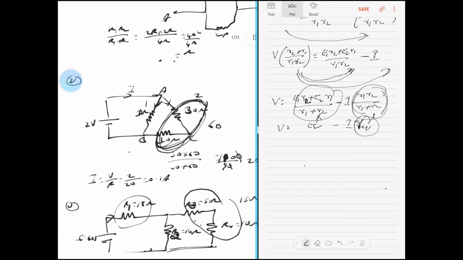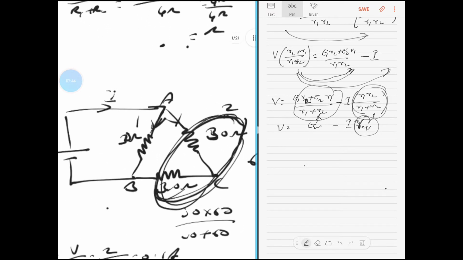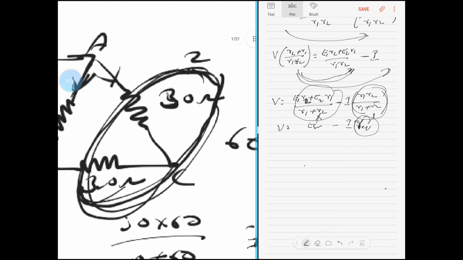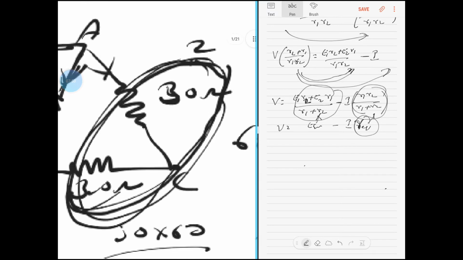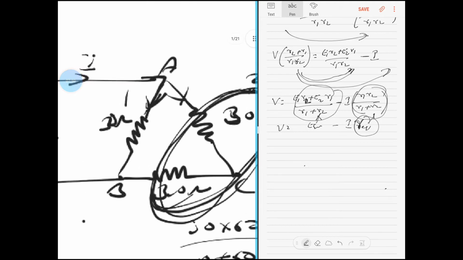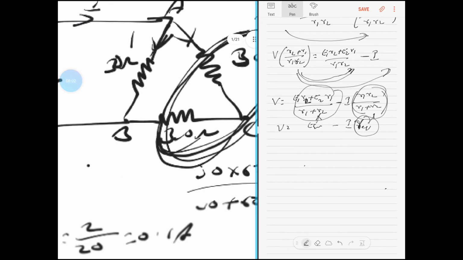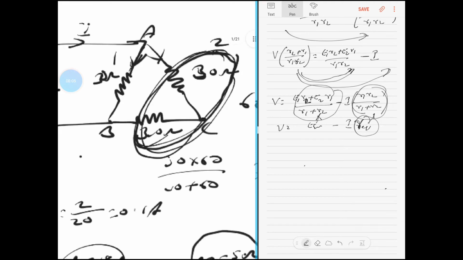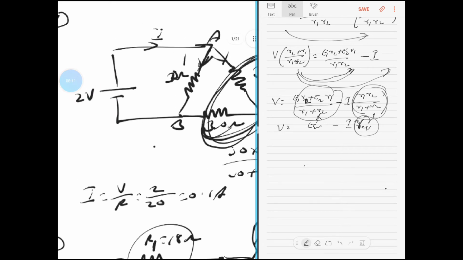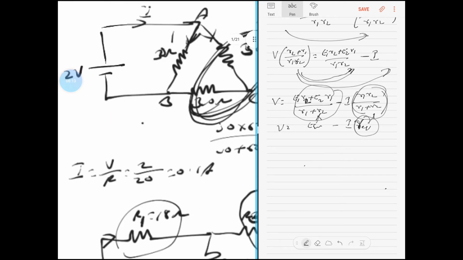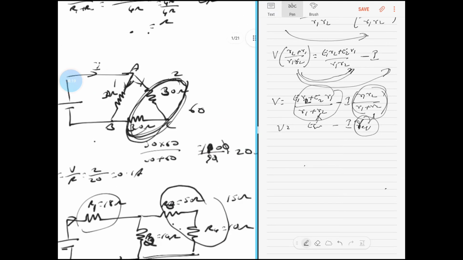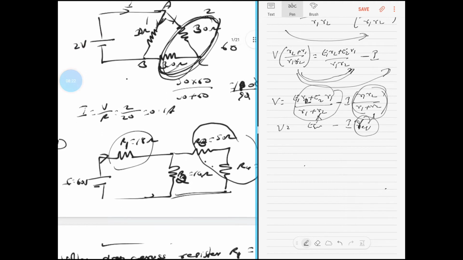Okay, next sum, you look at this. This is a given diagram. In this given diagram you can see that this 30 ohms and this 30 ohms, which are circled here, are in series. So then it's 30 plus 30, just directly 60. And that 60 with this 30 ohms is going to be in parallel. So it's 30 into 60 by 30 plus 60. So we found the AB equivalent total resistance. The battery's voltage is 2 volts, hence you can calculate the current. I is equal to V by R. So 2 by the equivalent resistance that you calculated, which is 20, so thus you can find the value of the current. Such a simple circuit.